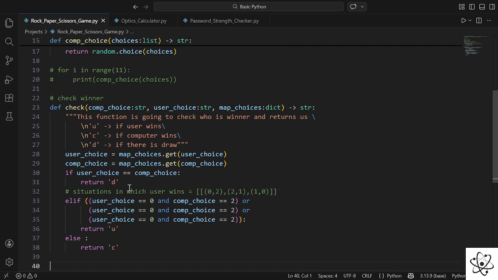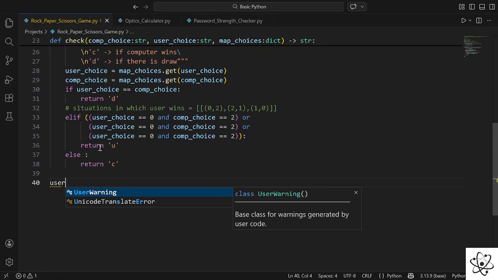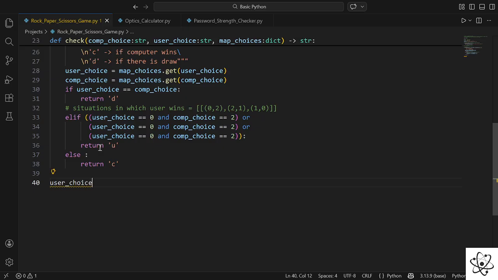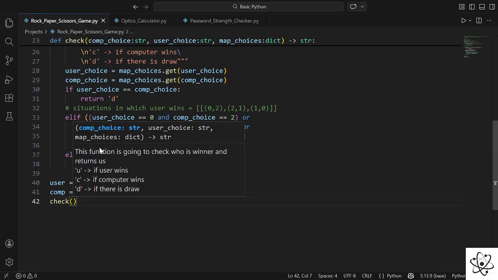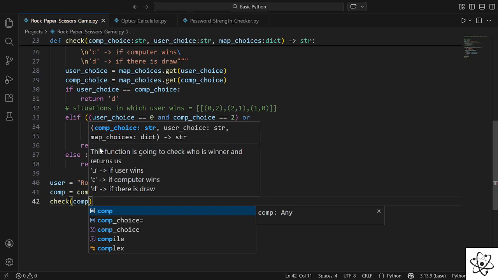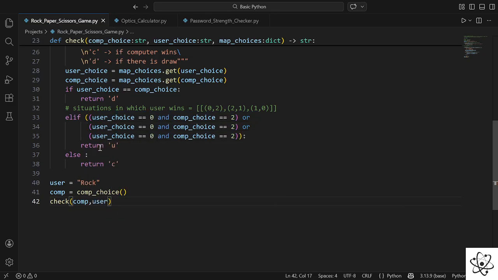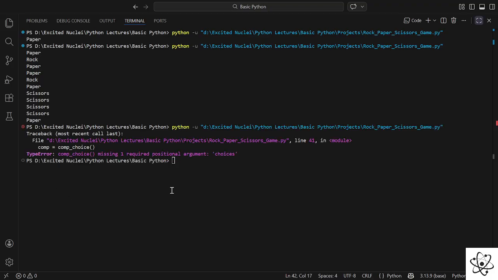The random output can be, let's say, user choice is going to be rock, and computer choice is going to be this computer choice, and we want to check from a user, then okay, we get